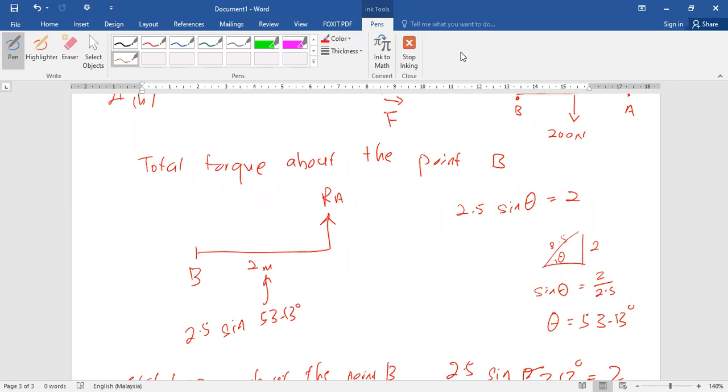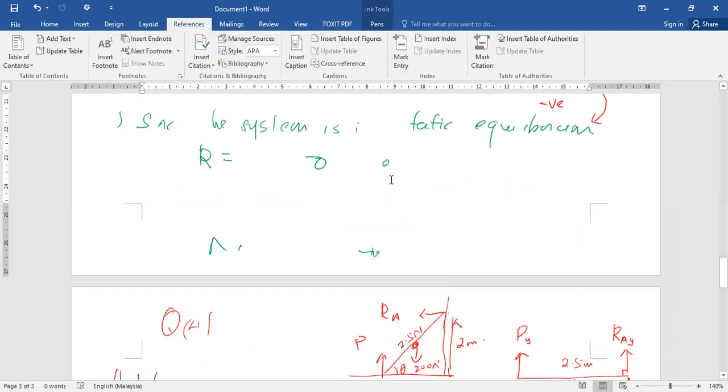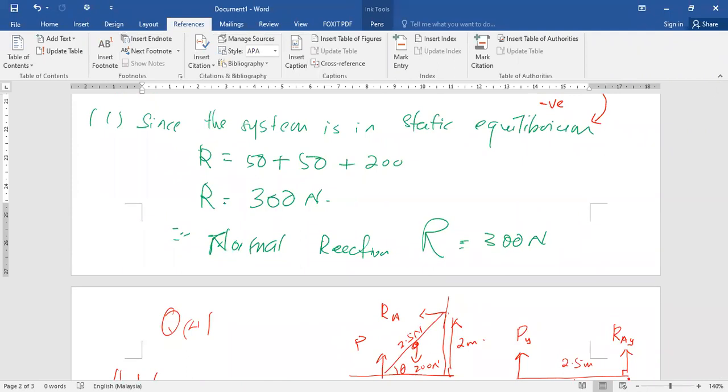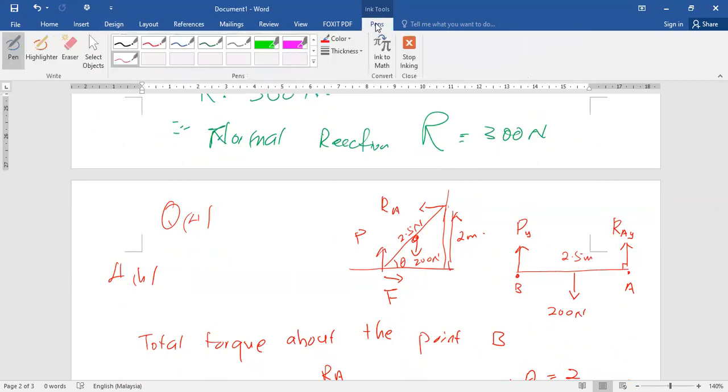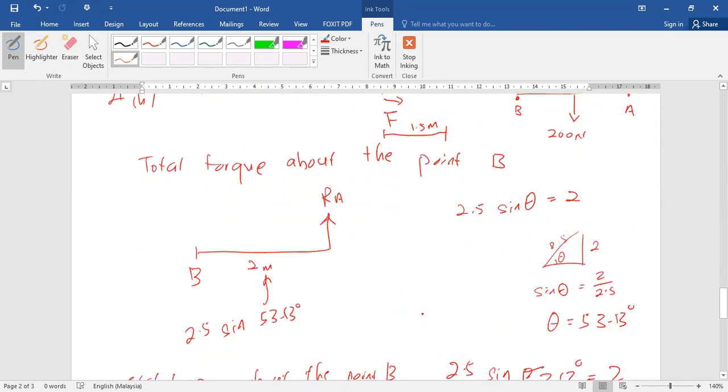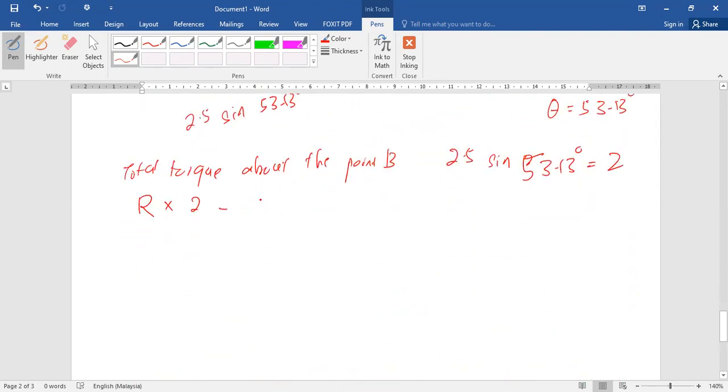Okay. Another one, we get that. From the question, they give us something else. The question also gives us the length. Horizontal length is equal to how much? It's equal to 1.5 meter, right? So R cos delta will be equal to 1.5 meter. So from here, minus how much? Minus the 200